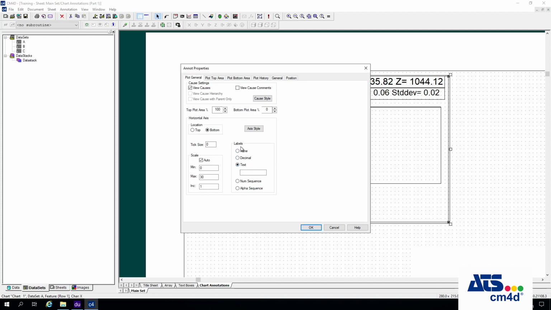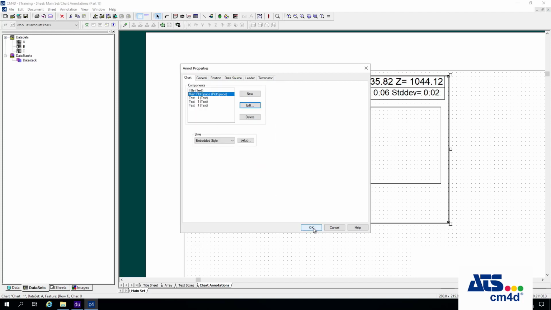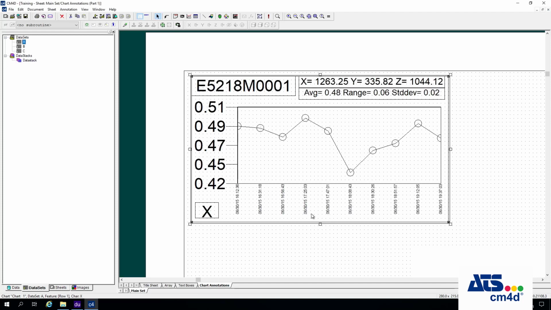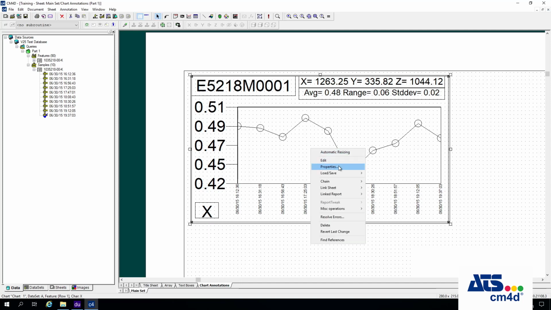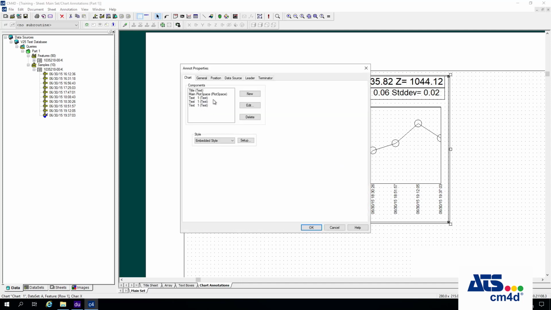So next to that there is the label that is going to be displayed for the sample indicators. By default it has text and it has a blank field. This will just end up resolving as the sample label that was loaded for those samples. And from Datasmith, we saw that the sample label was simply the date and time that we put together to have a unique ID, and that's what will be displayed. But if we wanted to change that to something else,